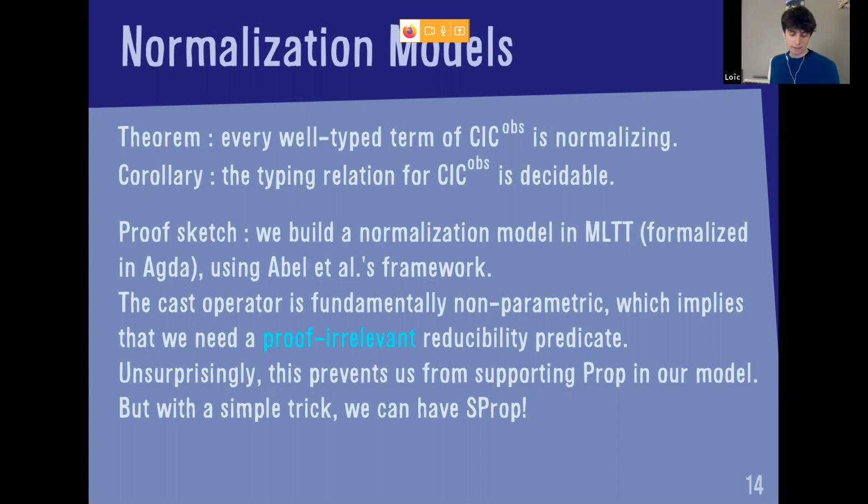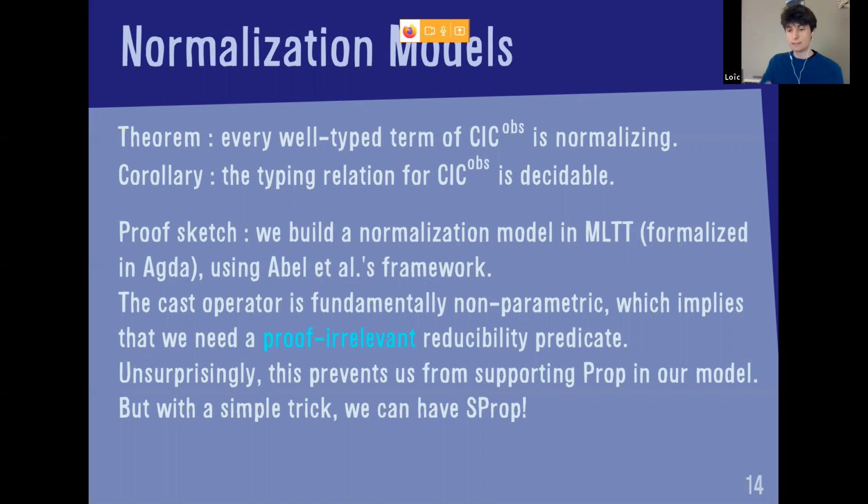But with a simple trick, we can actually have an impredicative universe of strict propositions simply by being very lax in their interpretation, basically having a minimalistic reducibility predicate for strict propositions. And with this, we can actually get a full normalization model.